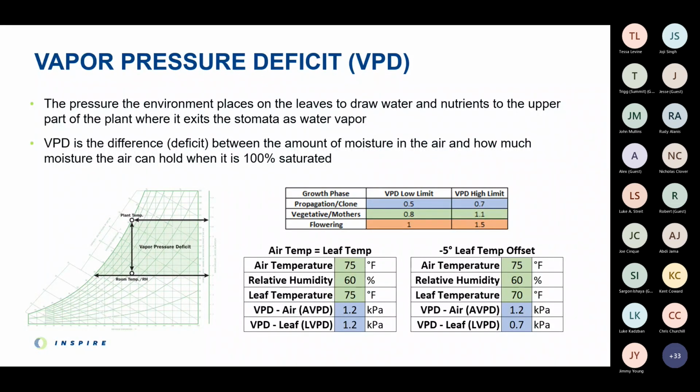Lastly, there seems to be a lot of confusion around VPD amongst growers that I'd like to try and address, and it surrounds leaf temperature, VPD charts, and getting an accurate VPD measurement. So when touring facilities, I often see a VPD chart printed off the internet and taped up to the wall. The grower then checks the temp and relative humidity from the sensors in their room and uses the chart to